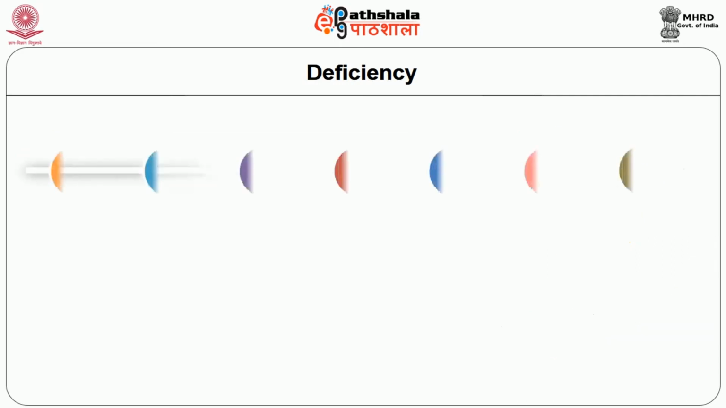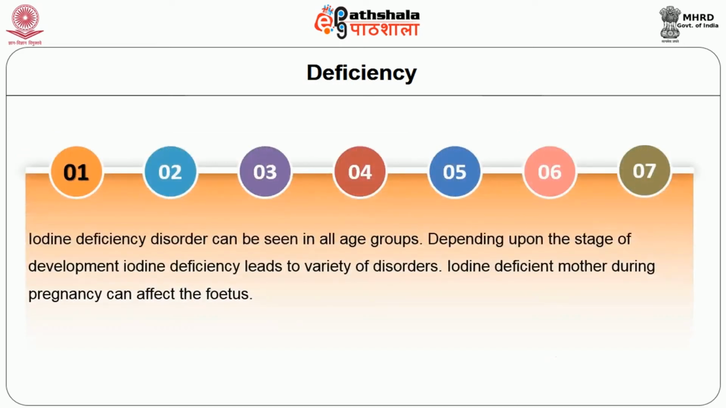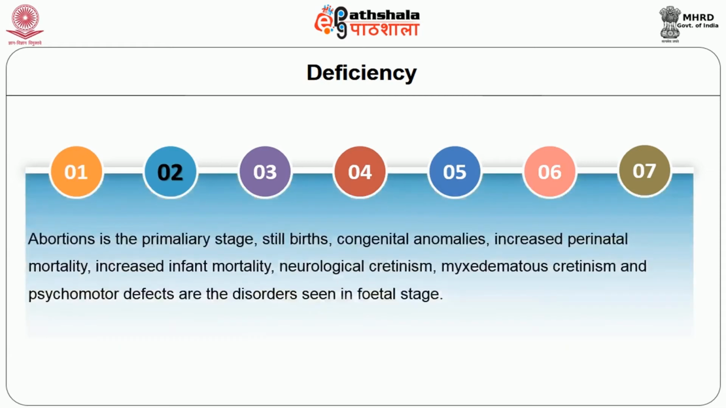Iodine deficiency disorder can be seen in all age groups. Depending upon the stage of development, iodine deficiency leads to a variety of disorders. An iodine deficient mother during pregnancy can affect the fetus. Abortion is the preliminary stage. Stillbirths, congenital anomalies, increased perinatal mortality, increased infant mortality, neurological cretinism, myxedematous cretinism, and psychomotor defects are the disorders seen